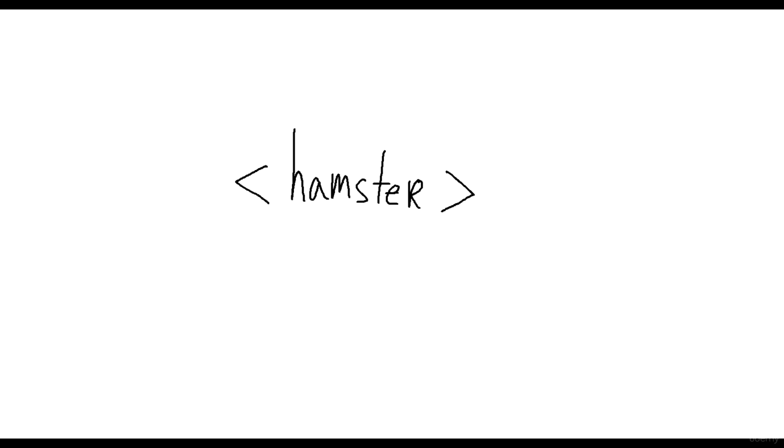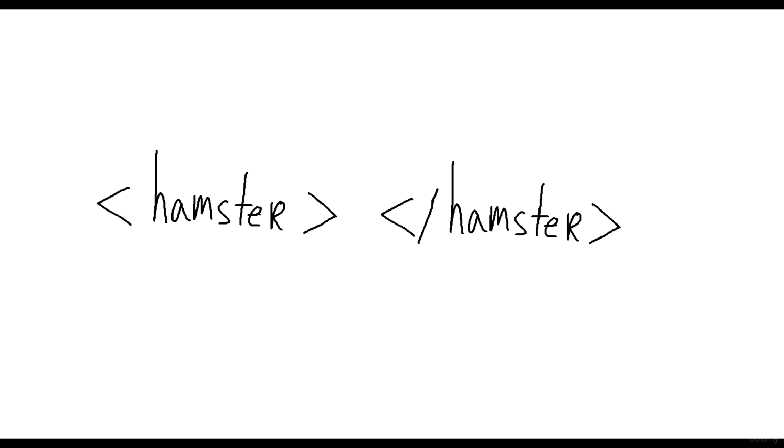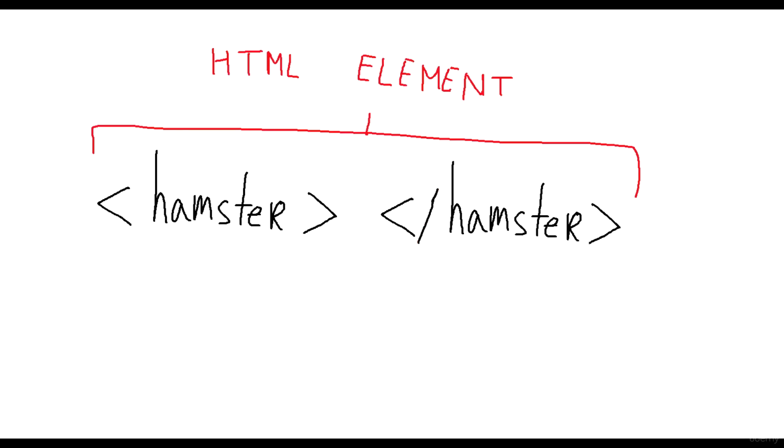Most of the tags, and we will soon see why it's most of them and not all of them, have closing tags. You can think of it as a way of saying to the browser, "Okay, browser, now we want to start doing something," and "Alright, browser, you can now stop doing what I told you to do." Note that the difference between the opening tag and the closing tag is that little slash. Together, the opening tag and the closing tag make up a perfect couple called an HTML element.